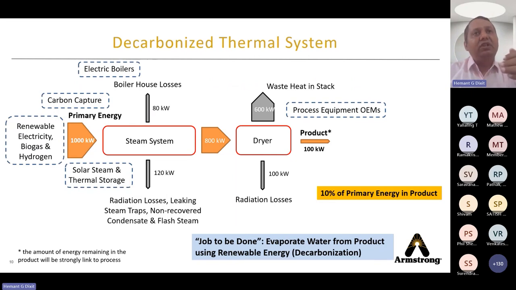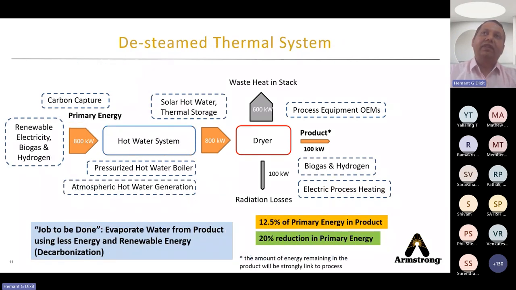And because of decarbonization initiatives from different agencies, gradually the fossil fuel has been replaced with renewable energies, such as biogas and hydrogen, followed by solar and other things. But the thermal system remains the same. The only change is that instead of fossil fuel, the shift has happened to renewable energy sources like biogas and hydrogen. The next step that came after this decarbonization or renewable energy was the effect of de-steaming. So what the industry did is, instead of generating the steam, then converting it into hot water, then using that hot water for the process and all other things,